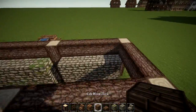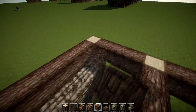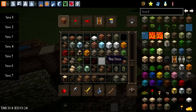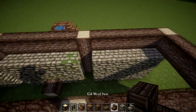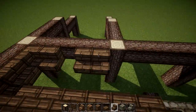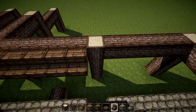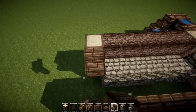If we just grab our oak wood planks for the time being, and actually we can start doing the saw blade type thing now. So if we just grab some sort of planks, if I can actually find them, there we go. And what I did for this part here, I actually built a groove with the stairs just on the inside, just going down here. And then it just kind of falls off the end, so I just took out this end piece here